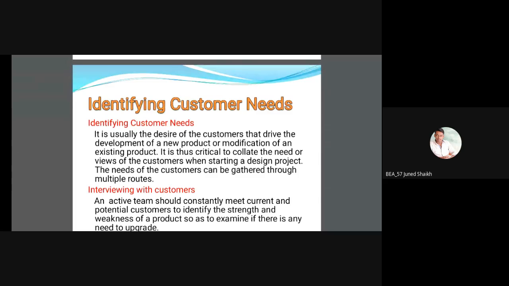For example, I think last year, the government had given the